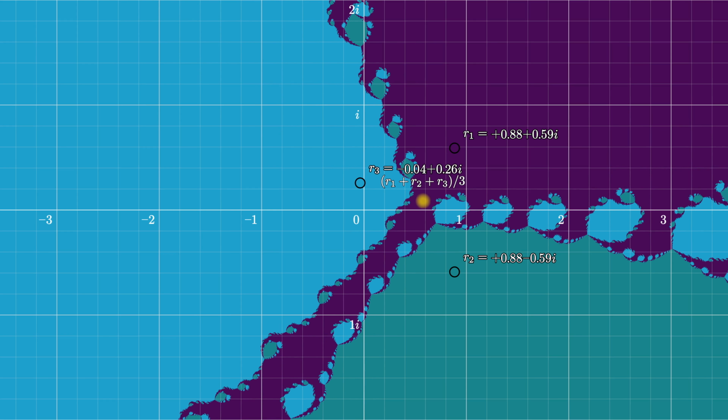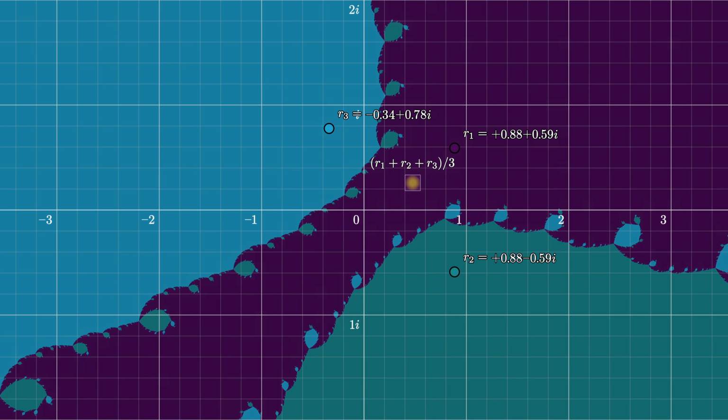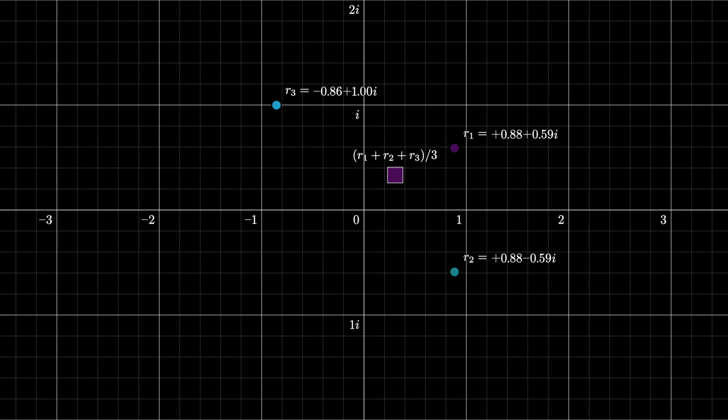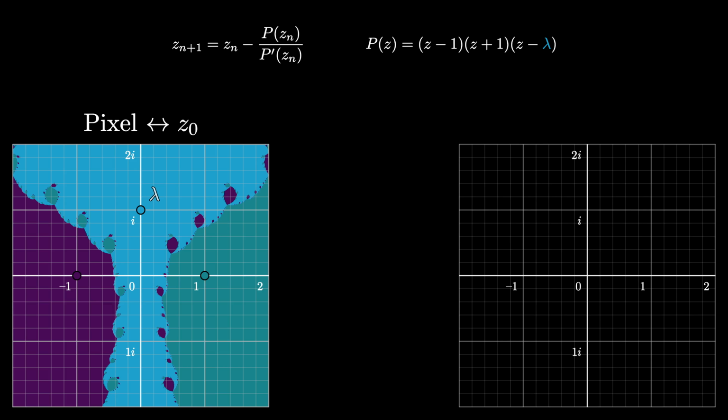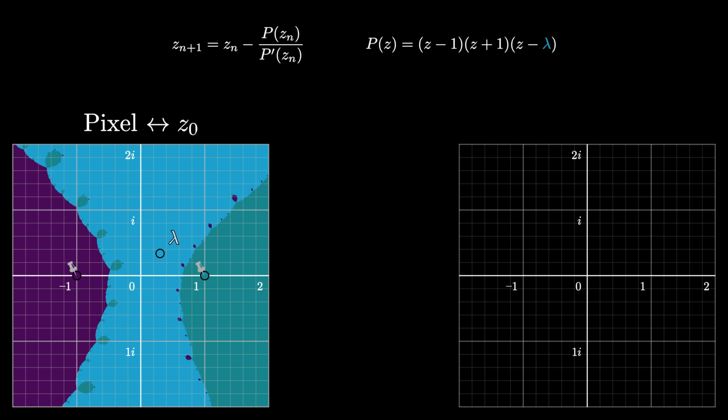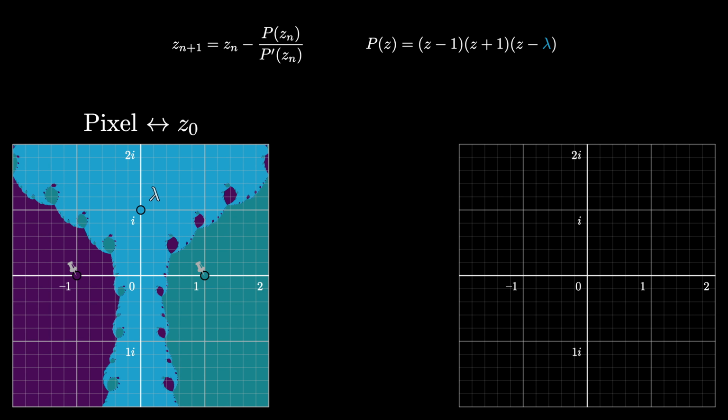The upshot is that we can perform a test for whether or not one of these polynomials has an attracting cycle by looking at just a single point, not all of them. And because of this, we can actually generate a really cool diagram. The way this will work is to fix 2 roots in place, let's say putting them at z equals -1 and z equals +1, and then we'll move around that third root, which I'll call lambda.